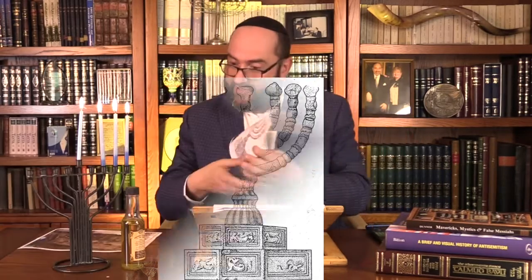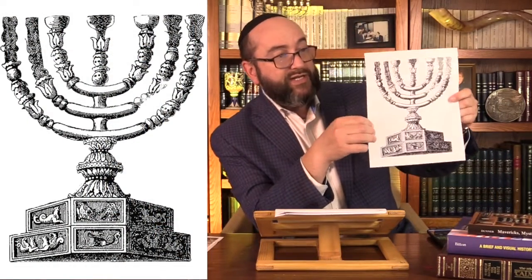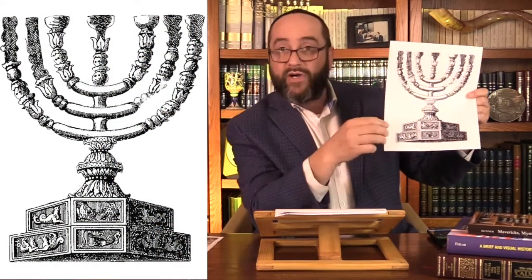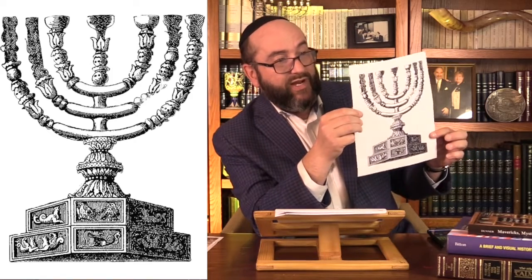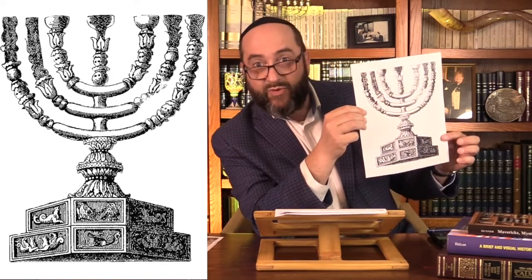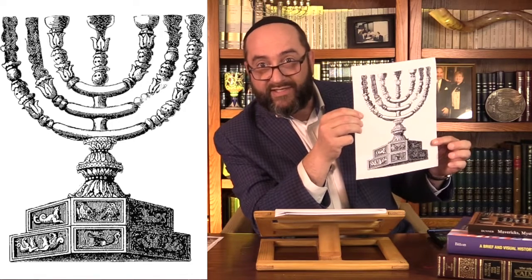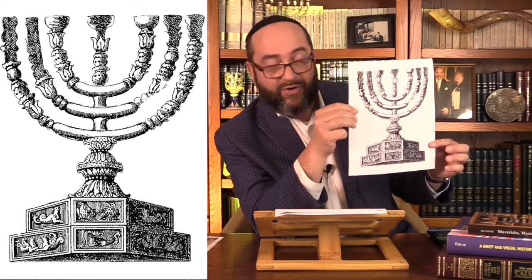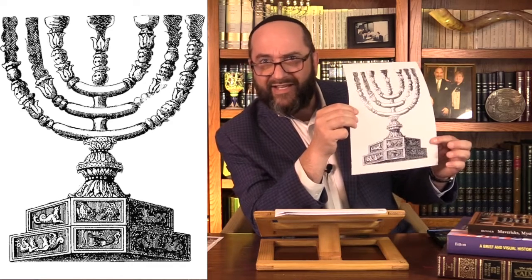I'm going to show you a slightly clearer picture of the menorah on the Arch of Titus, because what's extraordinary about it is that, yes, the top half of the menorah, with its flowers and its balls, appears to be a depiction of the menorah as it is described in the Torah, but the bottom part doesn't seem at all to be a likely